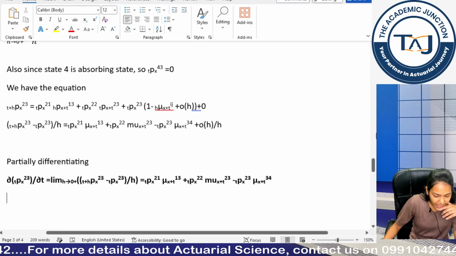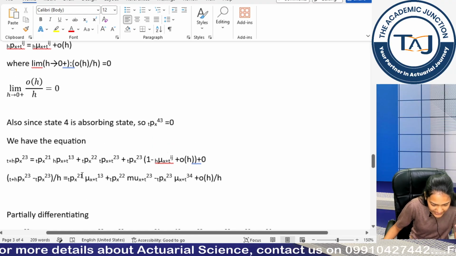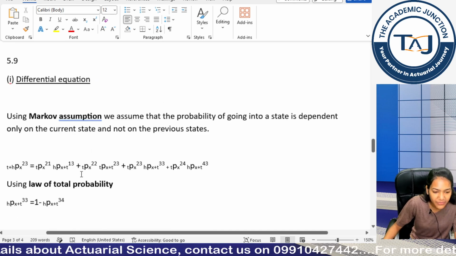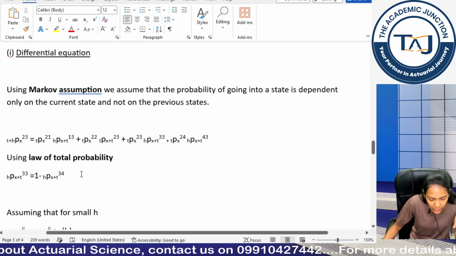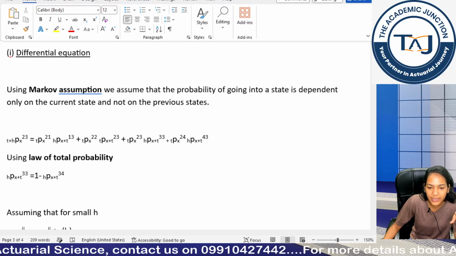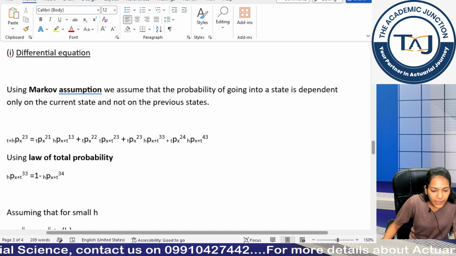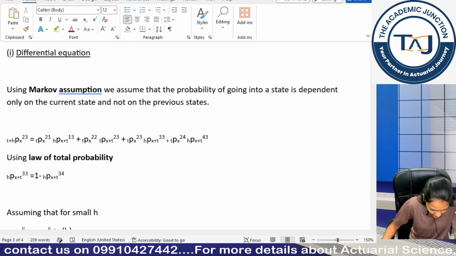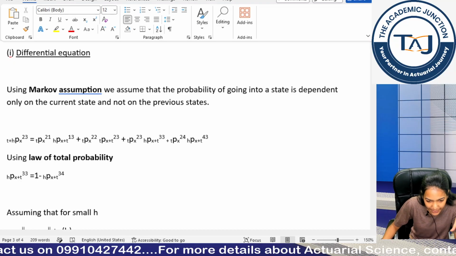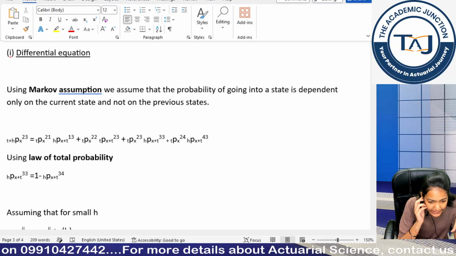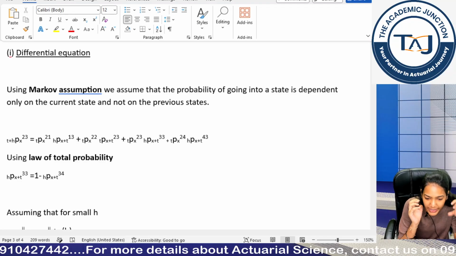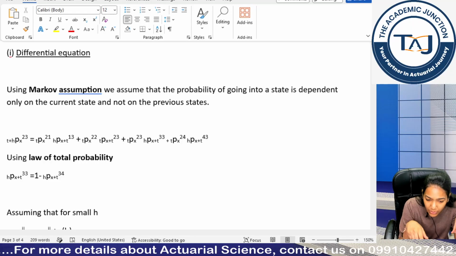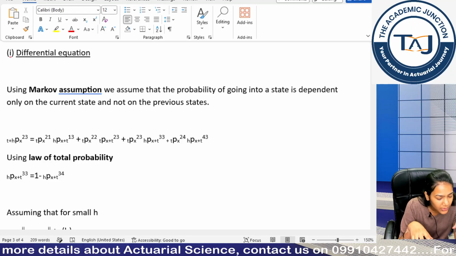Is this clear, guys? I showed you each and every step. If you were writing with me, you should be able to complete it by now because I went very slow, and it is okay if at the start you are not able to write at full speed, but practice as much as possible, and then only you will be able to build the speed that is actually required in your exam. Is that clear? Any doubt till now? If you have any doubt, please comment it down on the video.